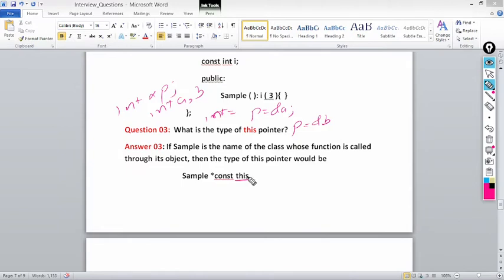Why? Because we have already gone through what this pointer says. This pointer is implicitly created, initialized, and it is implicitly destroyed. You can only access the contents of this pointer, or this pointer pointing to an object. Fine. Next,